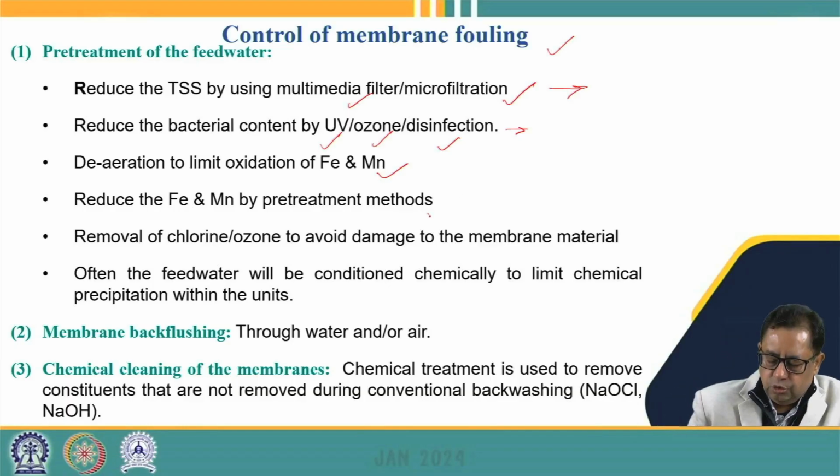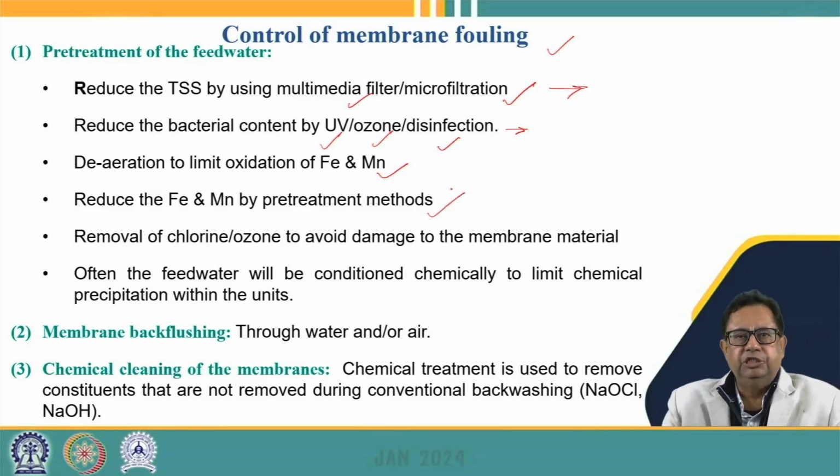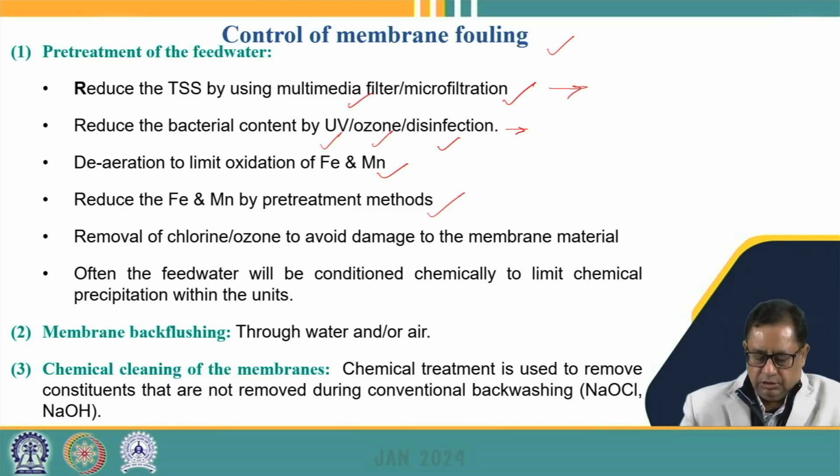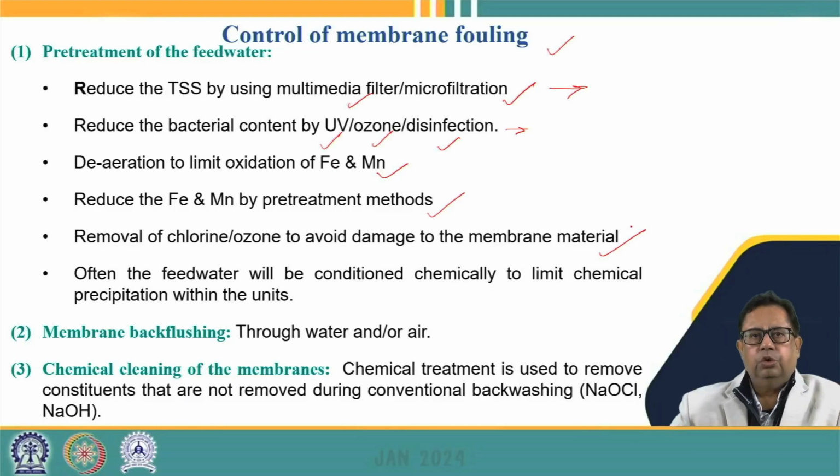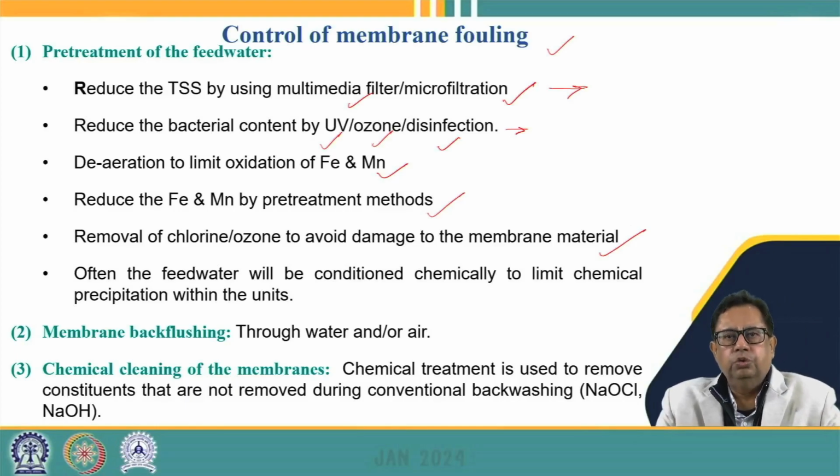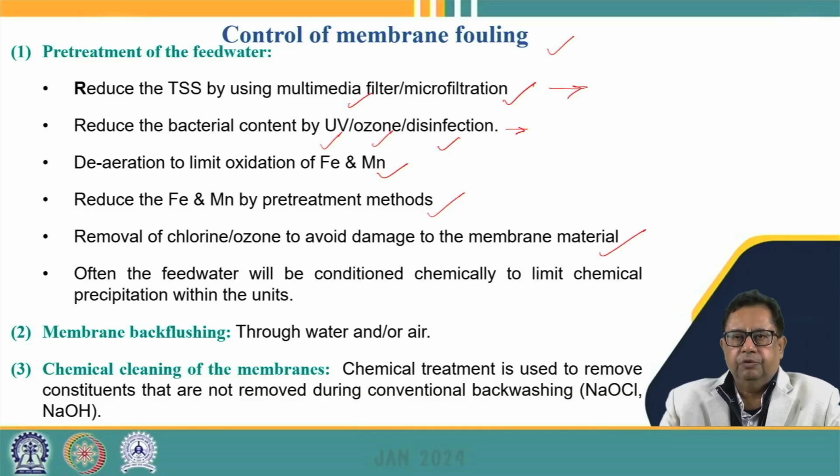Similarly, we can also go for reduction of these species. For example, we can reduce the iron and manganese, precipitate them out, and then pass the water through the membrane process. We also have to ensure that the chlorine or ozone that we have used for the disinfection of the water is removed, otherwise they can also damage the membrane material. So this needs to be removed from the water or wastewater before we take it for the